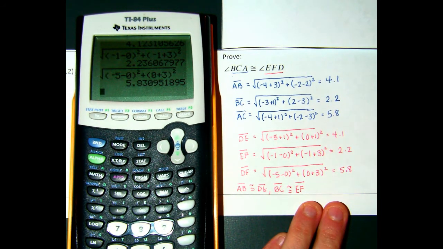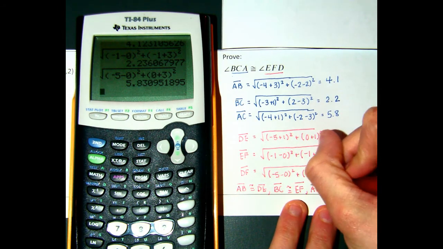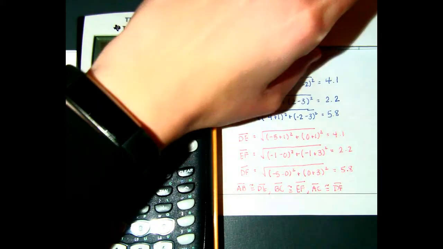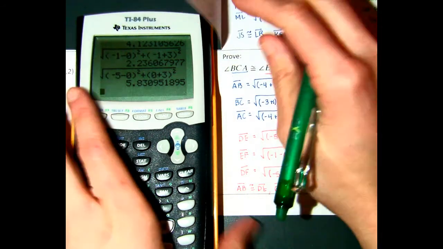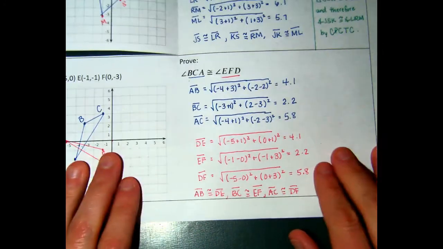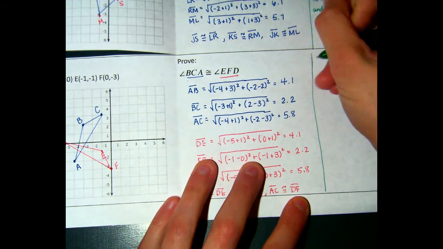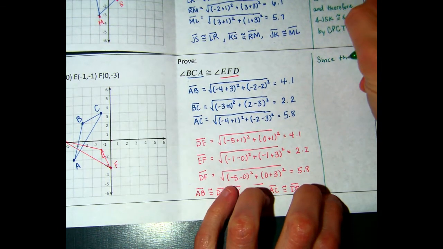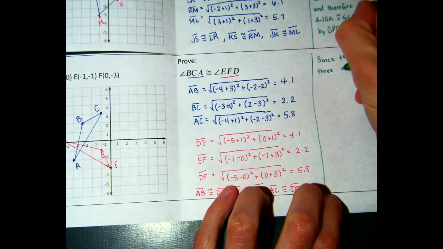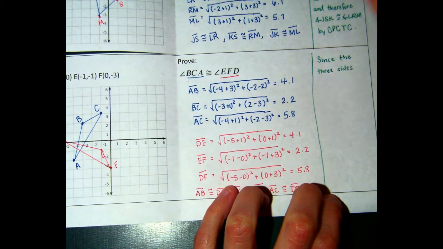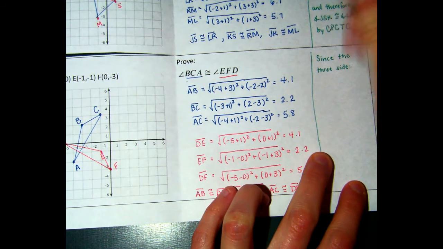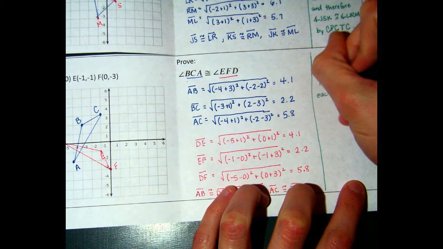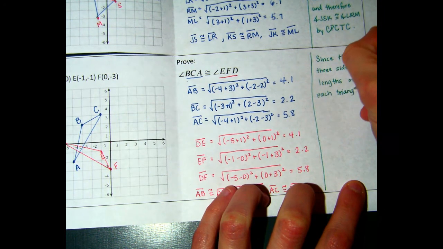If just one of them comes out where it's not congruent, then these triangles are not congruent. We are similarly going to write the same thing for our final statement over here, which is actually the answer. So I'm actually going to open that one back up just to kind of look at it here. So this is our final statement. Pretty much the same. So since the three side lengths, let's say, of each triangle are congruent,